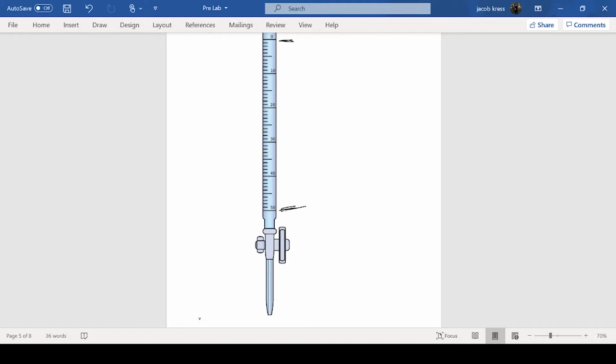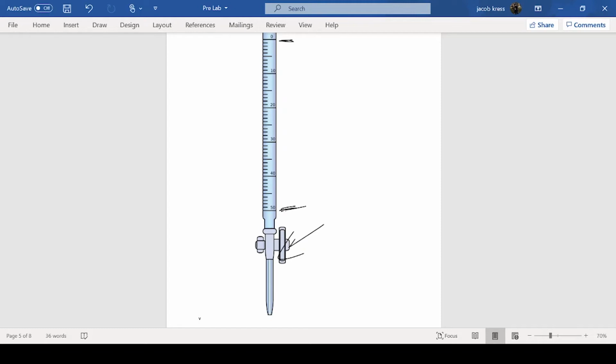So the way this works, your lab book kind of goes over it too, is you turn the valve here so that it's parallel with the burette. That'll dispense. When it's perpendicular, it stops, and you can control the flow rate out of it very precisely. You can get it so that it's just dispensing a drop at a time, and that's often how you titrate